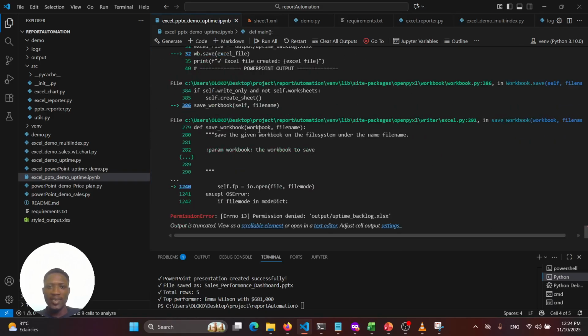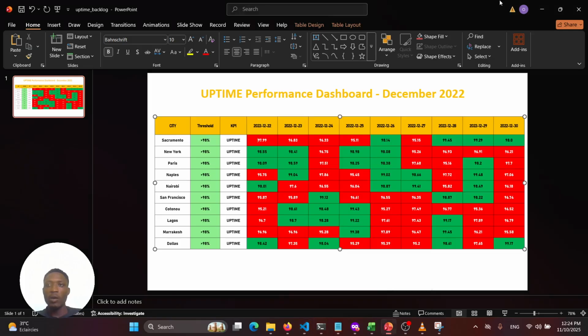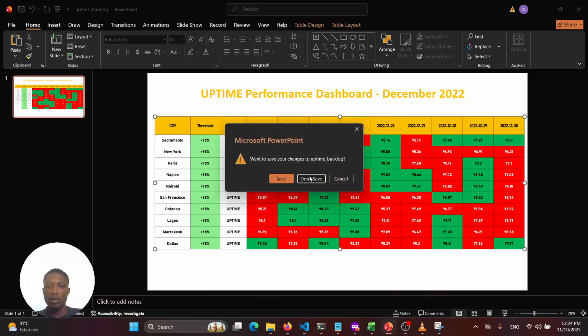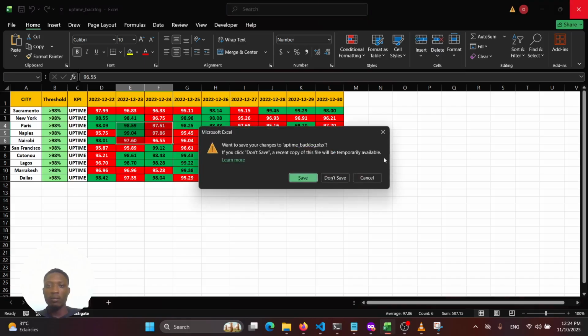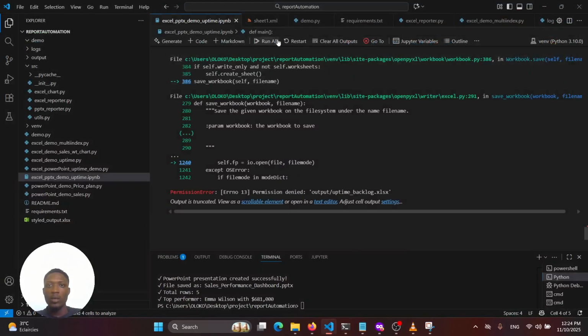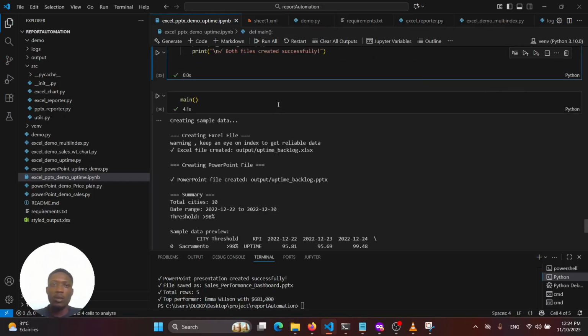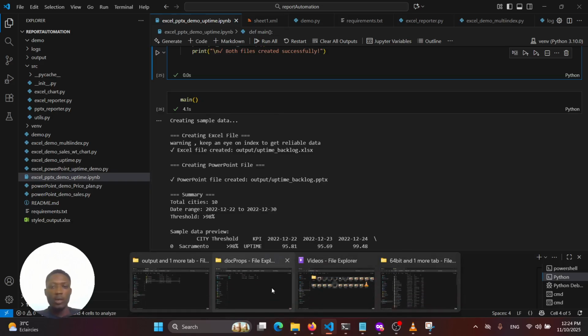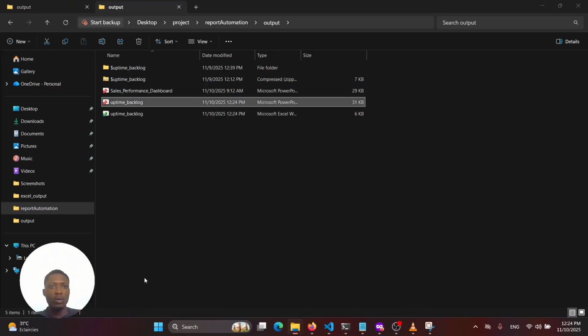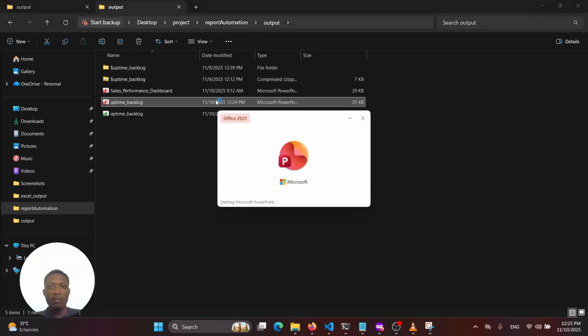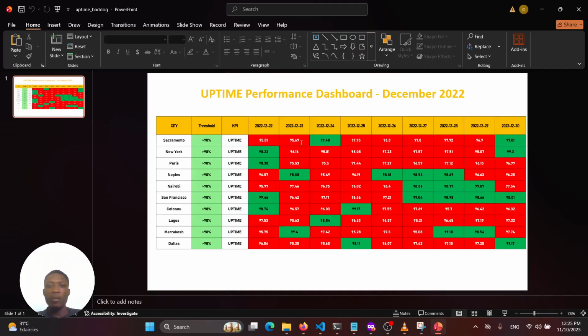Oh, there was a mistake. I think because our file was open, that's why we have the mistake. Let's run it again. Yeah, it's good. Now let's go to this one right here. You can see it has just been generated, 12/24 of today. Today is November 10. And bam, you can see this is it. To make it more real,